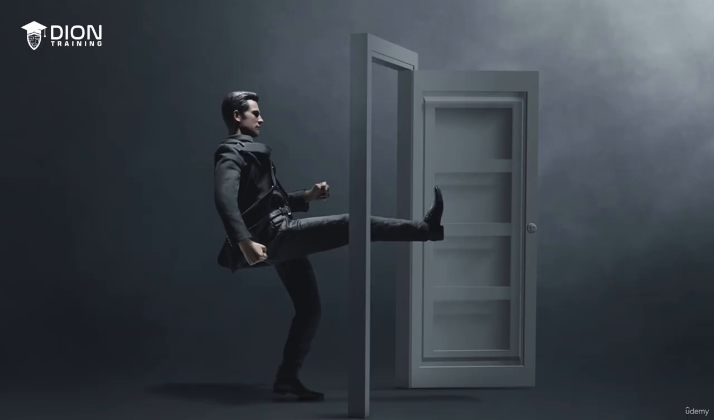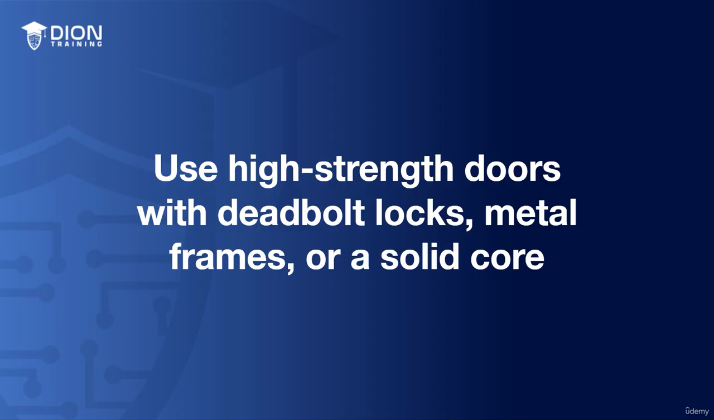Another common barrier that brute force is used on is doors. If your facility uses older or poorly constructed doors, like those interior bedroom doors in your house, they can actually be kicked in or broken down with enough force by simply kicking it or punching it or using a blunt tool like a battering ram. Now, when it comes to doors, the weakest point of a door is actually its lock, so many brute force attacks simply focus on breaking the lock off the door, and then they can simply open the door and walk through it. To prevent this type of brute force attack, you should select high-strength doors with deadbolt locks, metal frames,